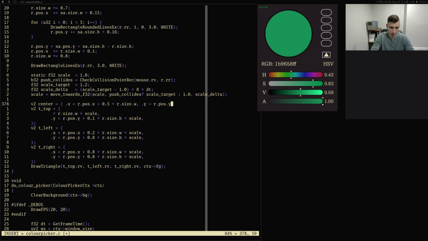And that's going to be this part plus 0.5 times our size dot height. Okay, so that's the center, and then we want v dot x is equal to the center dot x plus